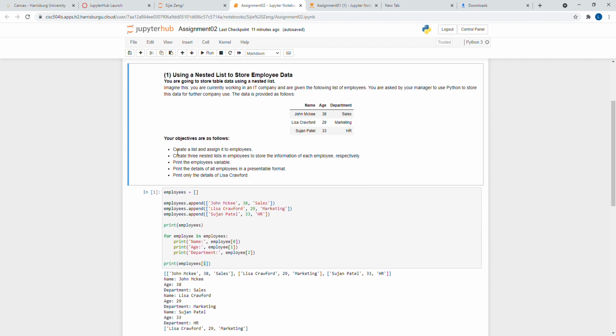First, let's create a list and assign it to employees. So we create a list by writing square brackets. It's just 1 square bracket, open and close. And we assign it to a variable called employees. Use the equal sign. And then the second step is to create 3 nested lists in employees to store the information